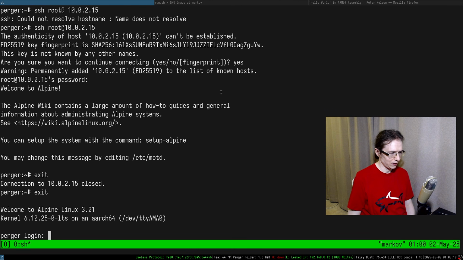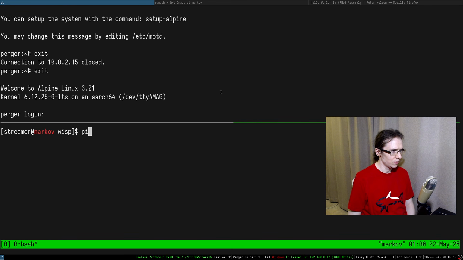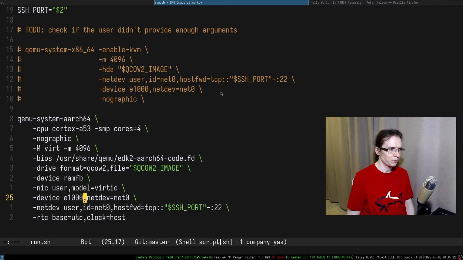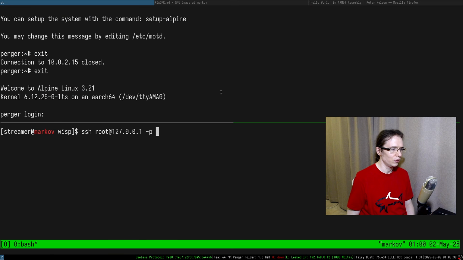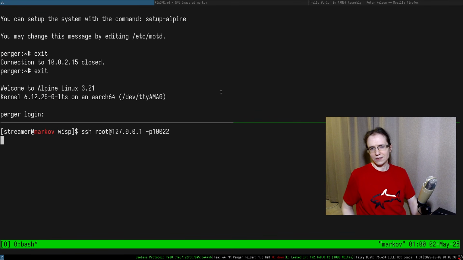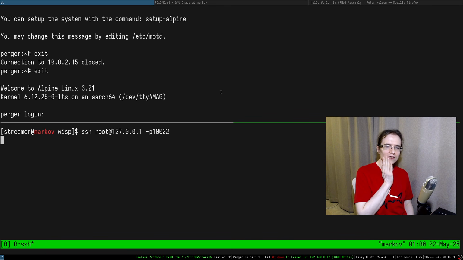All right, so if I do SSH root at 127.0.0.1, because maybe localhost on my machine resolves into something weird. That could be the case, actually. Still can't access it. The documentation says that I have to do localhost.